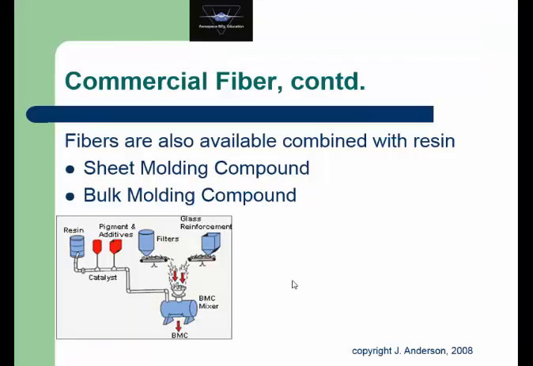And the last of these is bulk molding compound, again to feed primarily the compression molding process. So the bulk molding compound, what we're doing is making a dough. This is also called dough molding compound, sometimes DMC. Basically, we